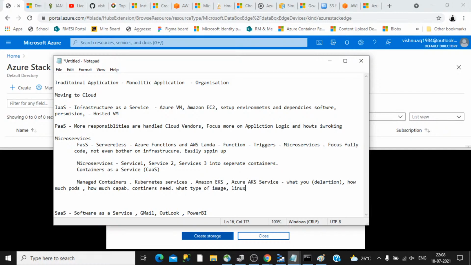It's not just Linux or Windows alone; it will have the application plus its dependencies as well. This can be thought of as an image file.